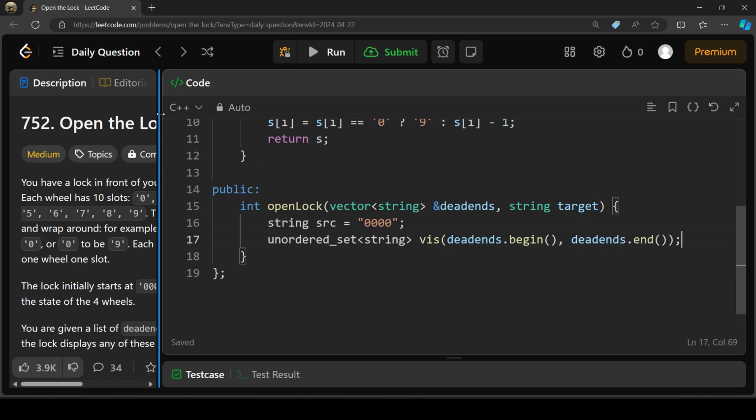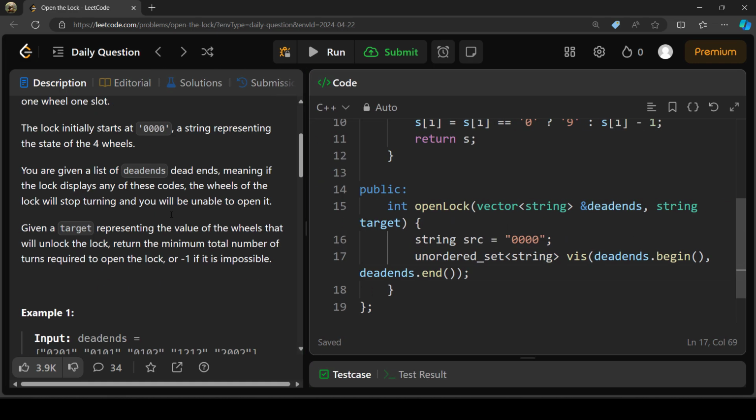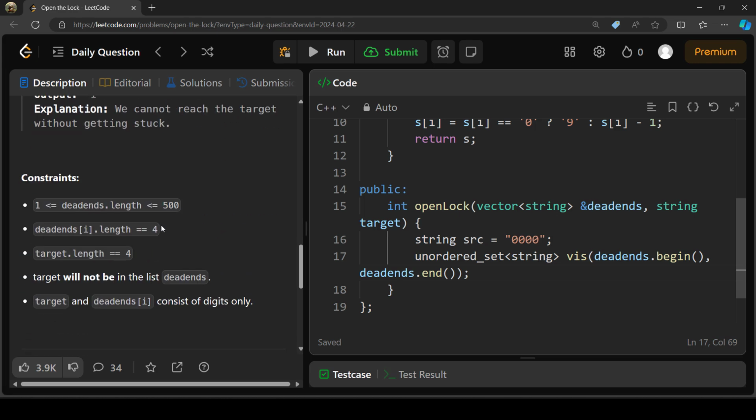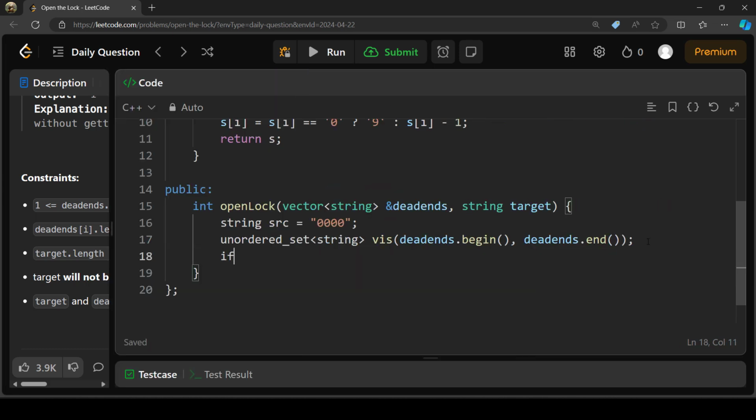One more thing: in the problem they did not mention if the source or initial state will be in the list of dead ends or not. So it could be or it could not. We need to check if it is in the visited set. We can simply search in this way, and if it is in the visited or dead end